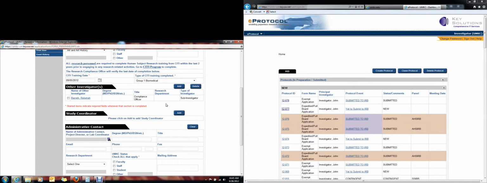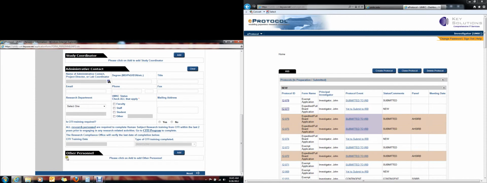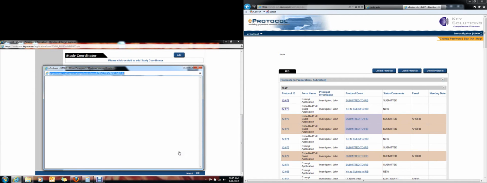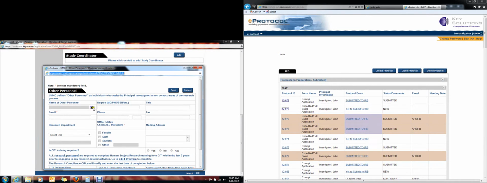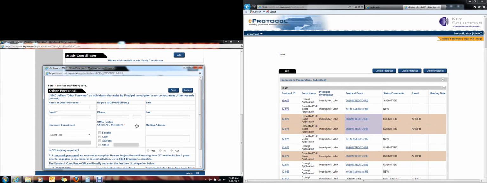Now let's say, for example, you wanted to add an investigator who is not currently in the system. What you would do is go down to Other Personnel and click on Add. You could either try to find them in the system here, but if they don't show up, then you will click here to add additional principal investigator if you are sure the user ID does not exist for the person. So you're just going to click here,